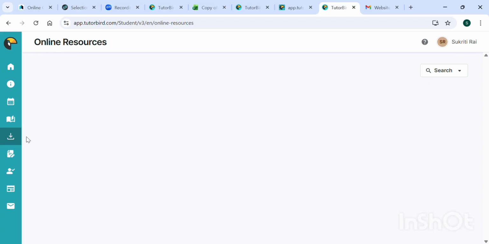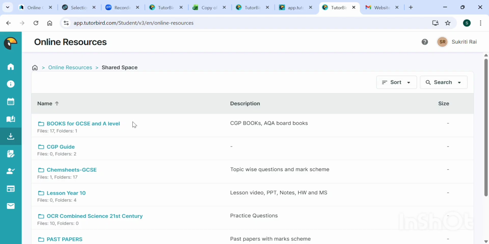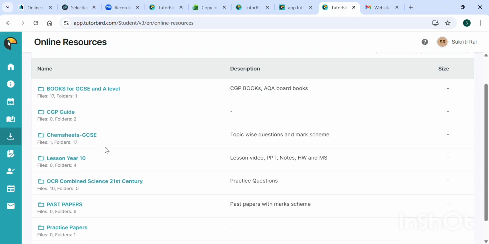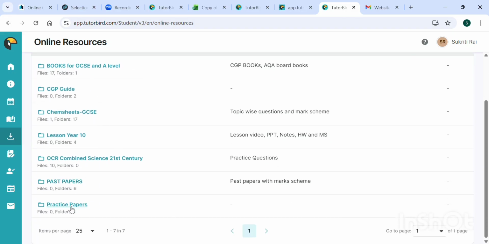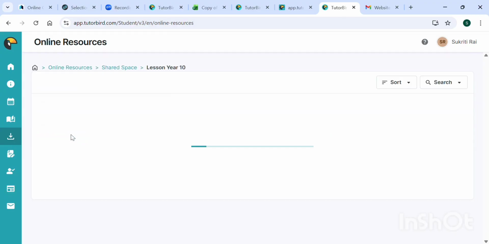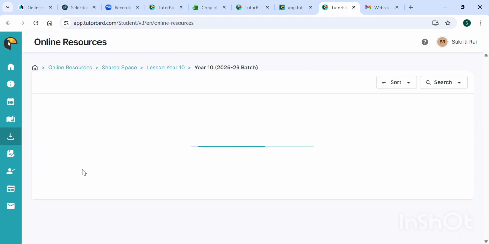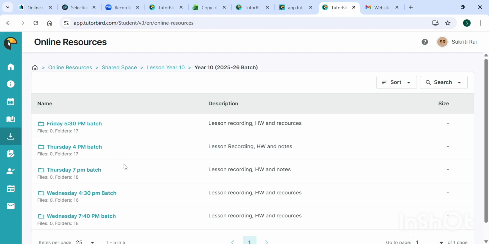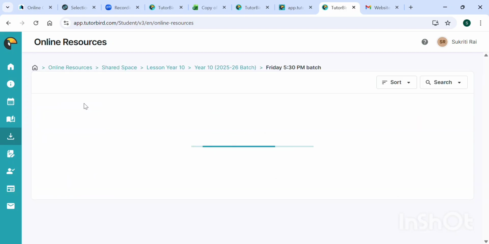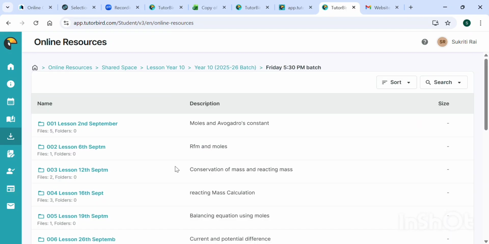Next we have online resources. So through online resources you have access to recorded lessons and homework. What you have to do is click on shared spaces. Let's suppose I am a student of lesson year 10, so I will click on my batch, then I will select my year, the recent year 2025 to 2026 batch. Okay, and let's suppose I have classes on Friday, so I will select my batch, Friday batch, and I can